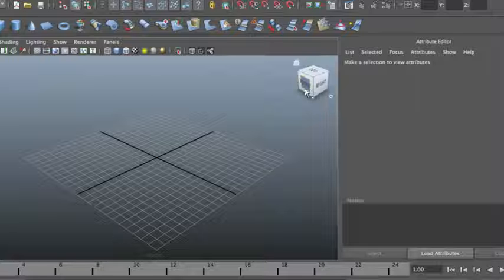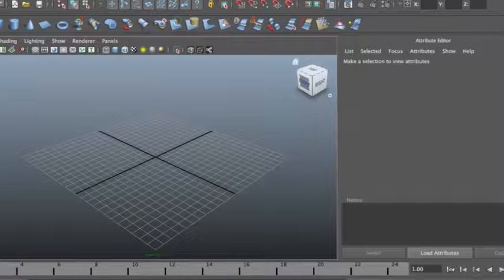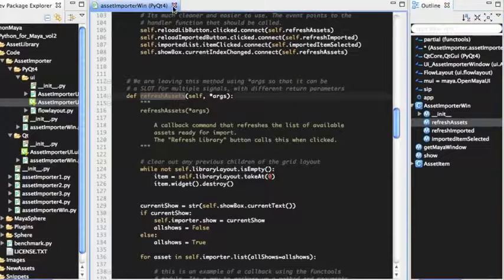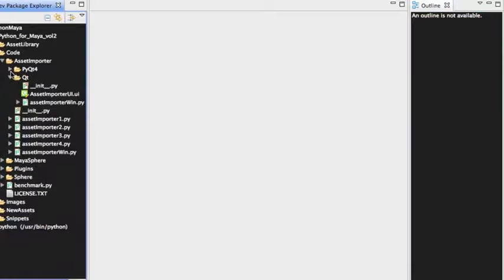So let's take a look at the difference. If we bring up our code, I'll actually show you where it is here. It's in the PyQt directory under the asset importer. And before we had the Qt with the asset importer window and this UI file that we